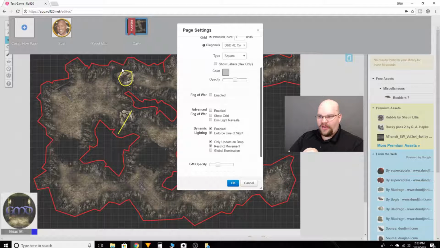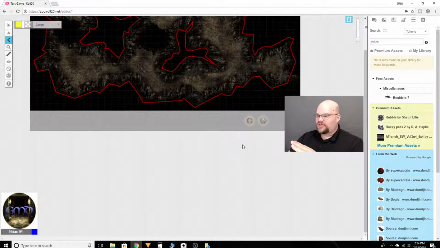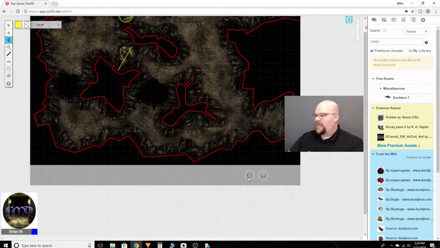So now, like right here, this might be a situation, but we're going to go into the game as a player, and we're going to try to go around this boulder. If we can go around it, we're just going to delete this circle and make it a bit bigger so they can't fit between the two sections of lines. Okay, so that's your page settings. See how it turns it kind of dark, right? And now down here,